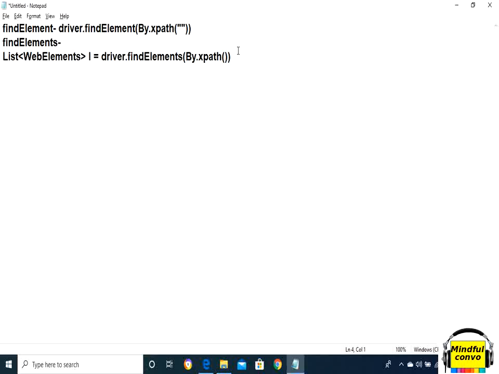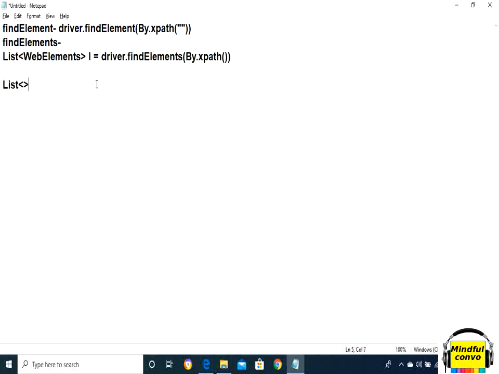Okay, so now, what we have discussed, let's take an example. On a web page we need to find all the links. So which method do we use? We use the find elements method.